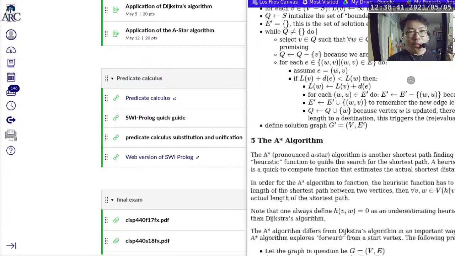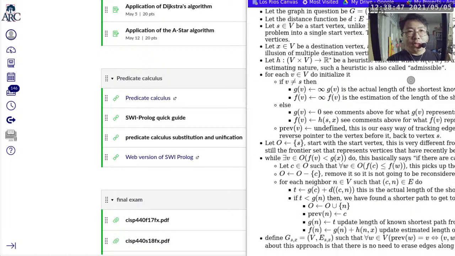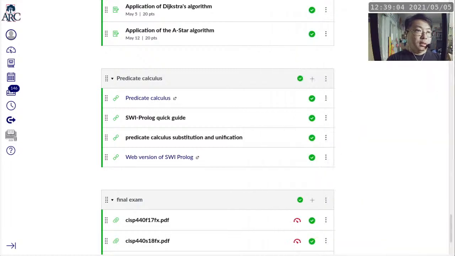So we are talking about the A star algorithm, which looks really hideous, but it really is not. I mean, there's a lot of shared elements between the A star algorithm and Dijkstra's algorithm. One starts with all the destination vertices, the other one starts with only the start vertex. But other than that, they do share a lot of common traits. So anyway,